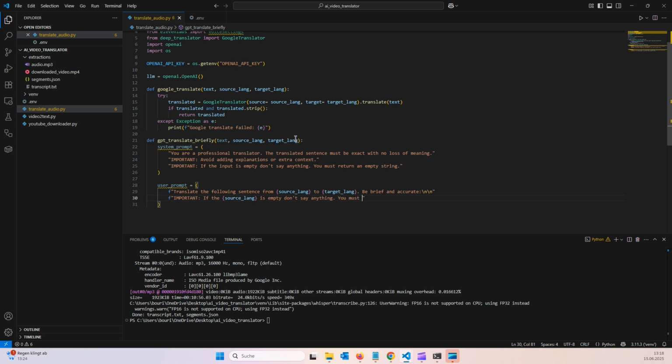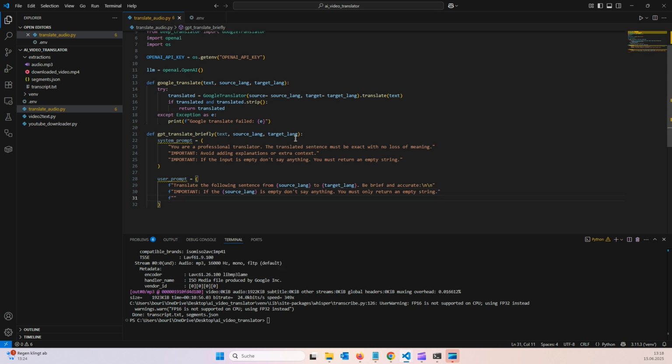You must only return an empty string. F source lang, and of course